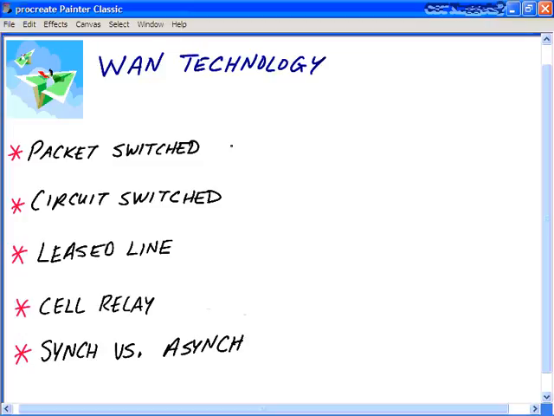Let's look at the prevailing WAN technology options. First of all, the most ubiquitous is packet switched. Packet switching networks are found in what we call frame relay, FR, the very popular frame relay technology. Maybe X.25, which is still used in international environments. This is where you're transporting packets over